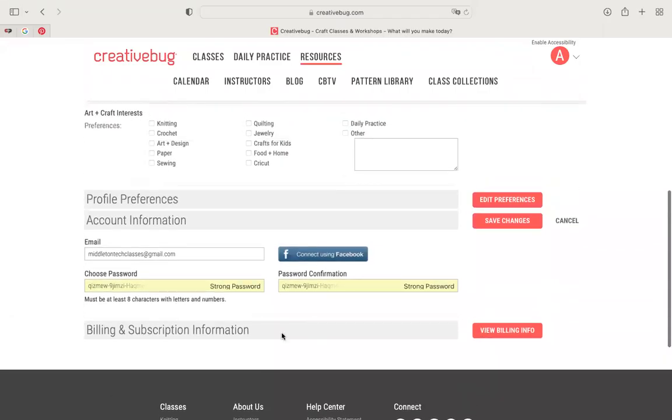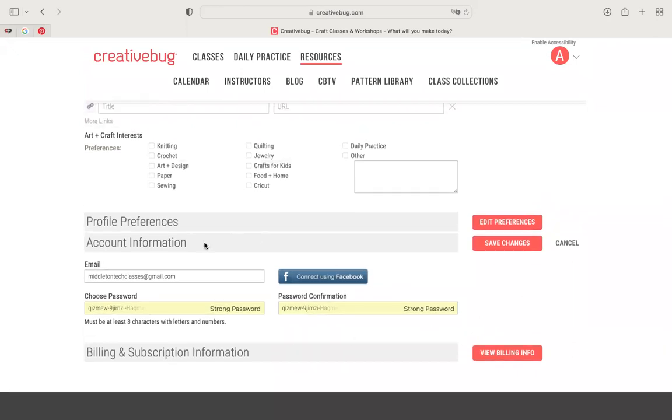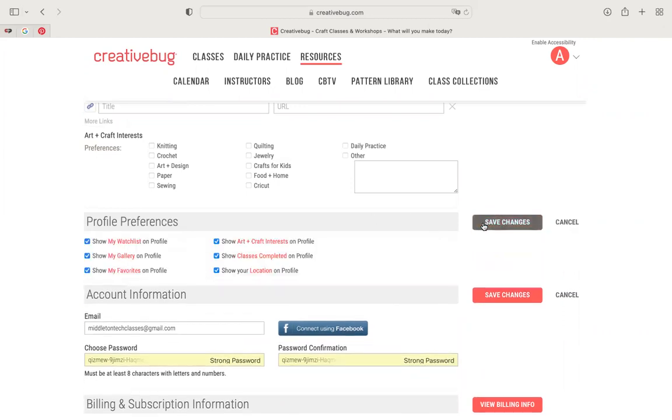So obviously that billing and subscription information, ignore that since you're in the library subscription. But the account information, that is what you would want to do to make sure you can use it on another device if you're going to use the app. You can, in your profile preferences,